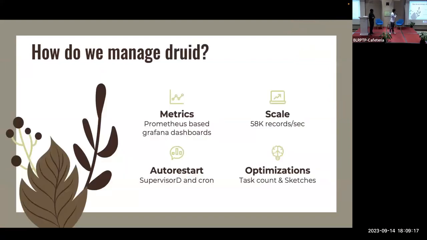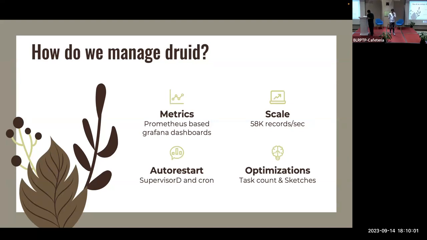Next slide. Okay, now we know why we use Druid. How do we manage Druid, or rather, real-time Druid in Myntra? I'll start with how we have deployed Druid in our ecosystem. We have supervisor processes running for each node type on VMs, and we have auto restart scripts. Of course, it has not gone down, but you cannot be too careful when it comes to traffic data. So we have an auto restart script running on cron, constantly checking whether the process is up or not, and